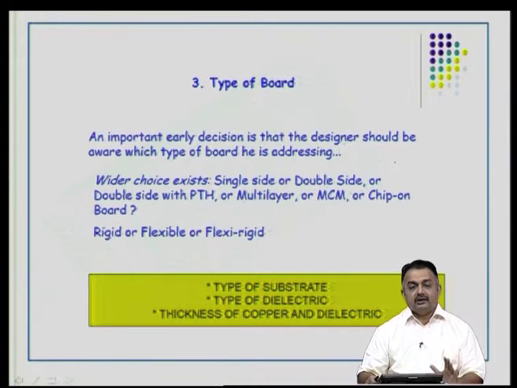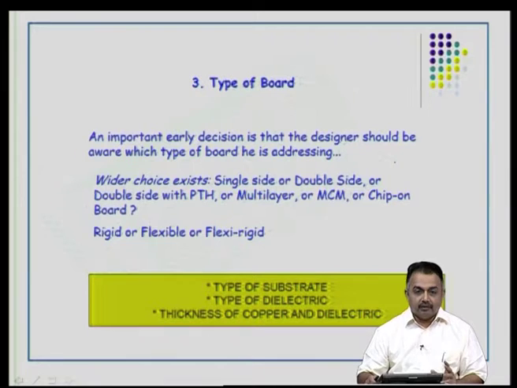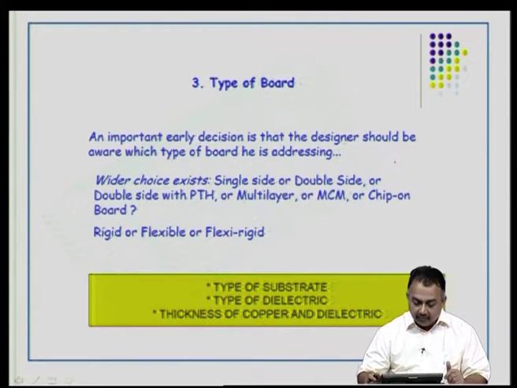So, to decide on this, you have to look at the final product, you have to look at the functionality, the number of devices that are required, the number of interconnects that are required, the electrical issues that are required, whether you need to have a single or multi-layer to separate the ground planes from the signal, how many ground planes you require, and so on. Any special issues like isolation pads, isolation areas, special requirements like large electromechanical components, RF, analog, digital, high bandwidth. So, you will have different requirements for a particular product.